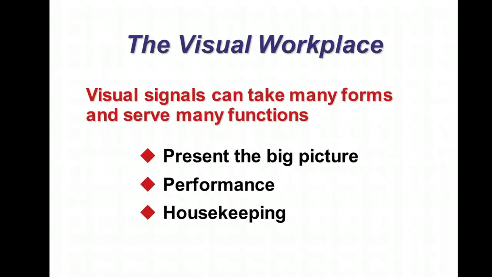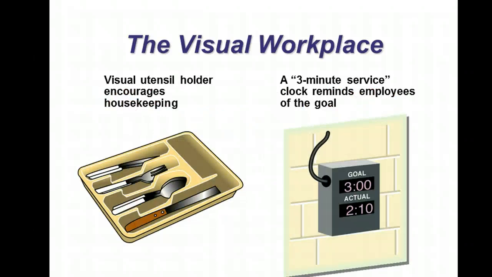So, if it's a big project, you keep people aware of where you are. If you've got a certain production level you're trying to hit, an abstract number is not too useful, but a big bar that shows how close you're getting and what your daily goal is might be useful in terms of performance. Housekeeping, again, the silly little tent things we're all used to in fast food restaurants. When somebody spills something, it's kind of silly, but you have a couple people fall down and all of a sudden it's pretty serious. So there are different ways to visually do that.